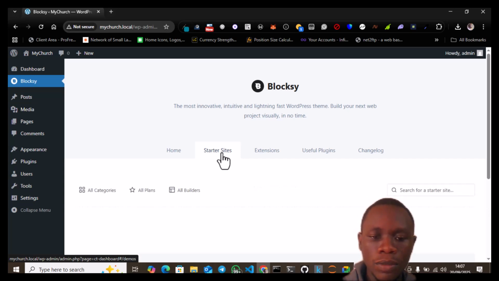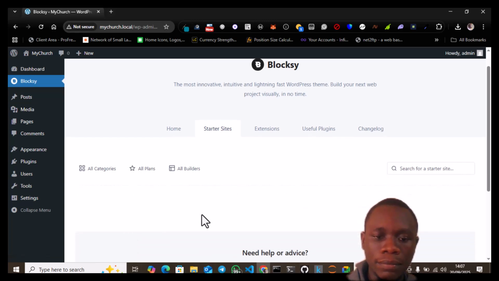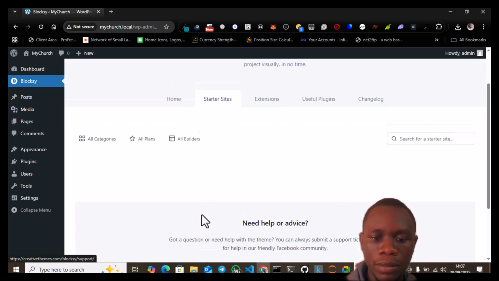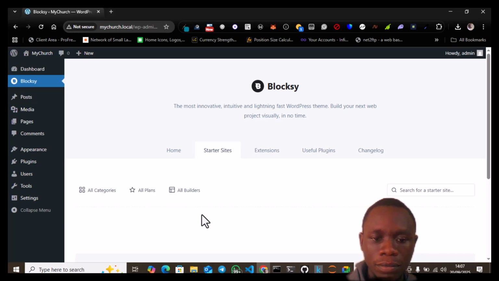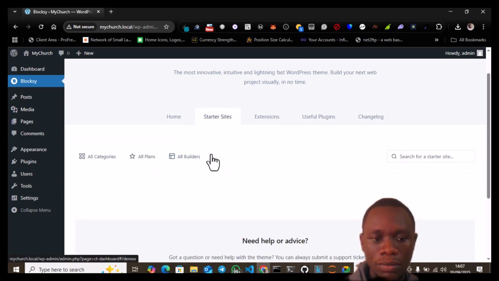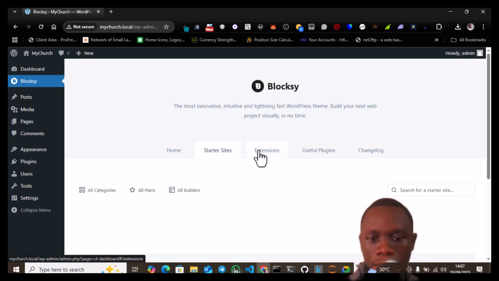So it has a predefined design template, like a design that has already been done. What you just need to do is edit it and change some things. Hope you understand. So that's what this starter site is. We're going to talk about it later. So extensions that come with it,